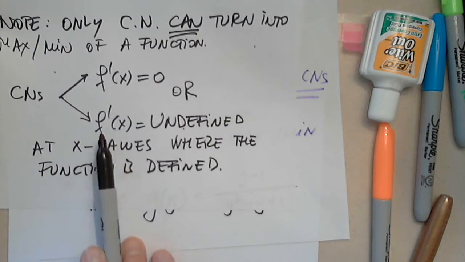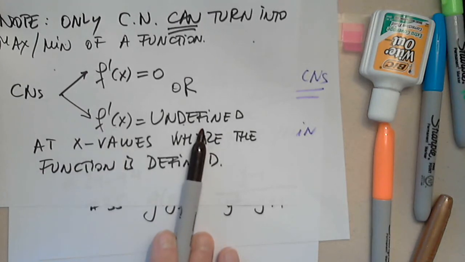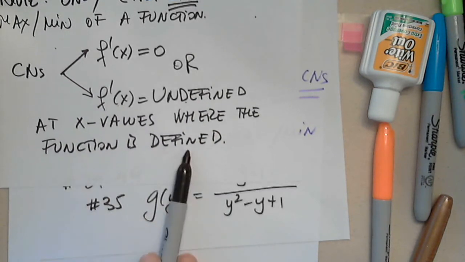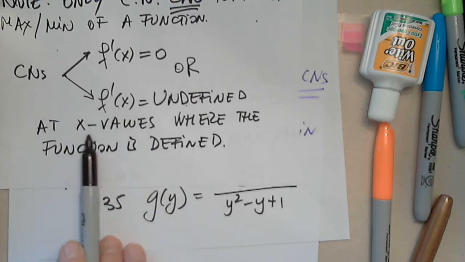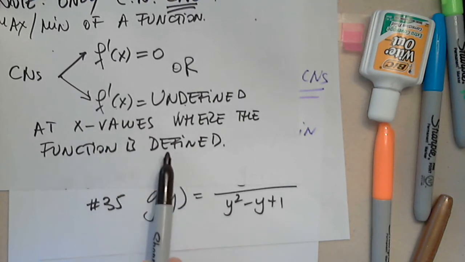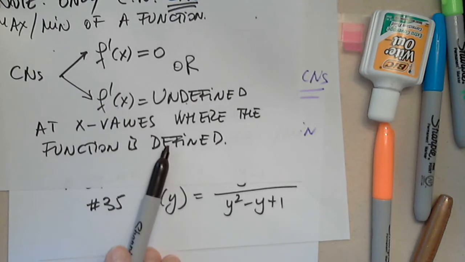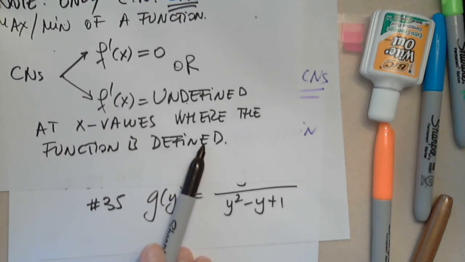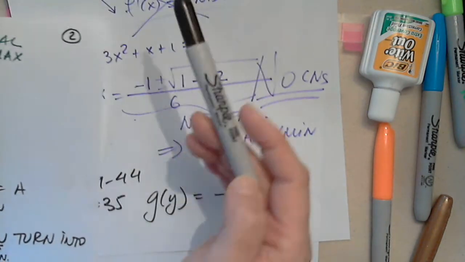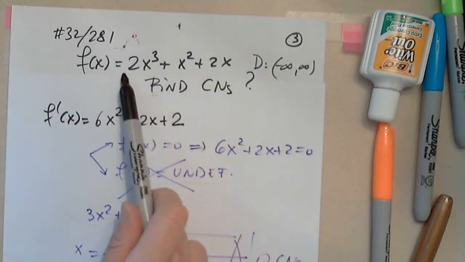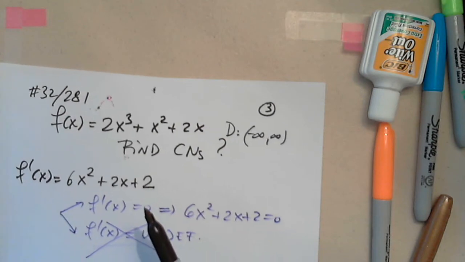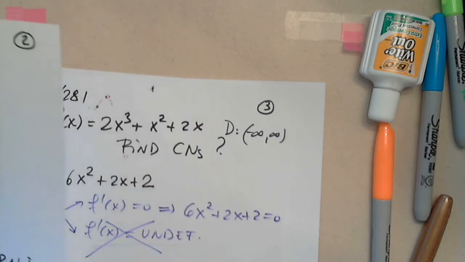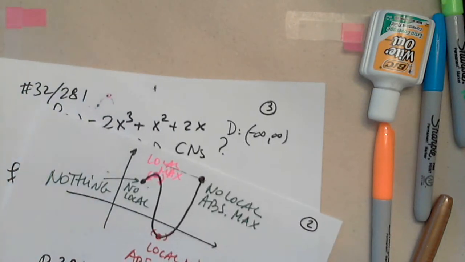If I find that the first derivative is undefined, then I have to go back and check whether the function is defined at those points, or x values. So in this situation, I would definitely start with the domain of the function. Here, I didn't really need to because this function is defined everywhere. Its derivative is defined everywhere, so there is no problem. But for rationals, I have to,